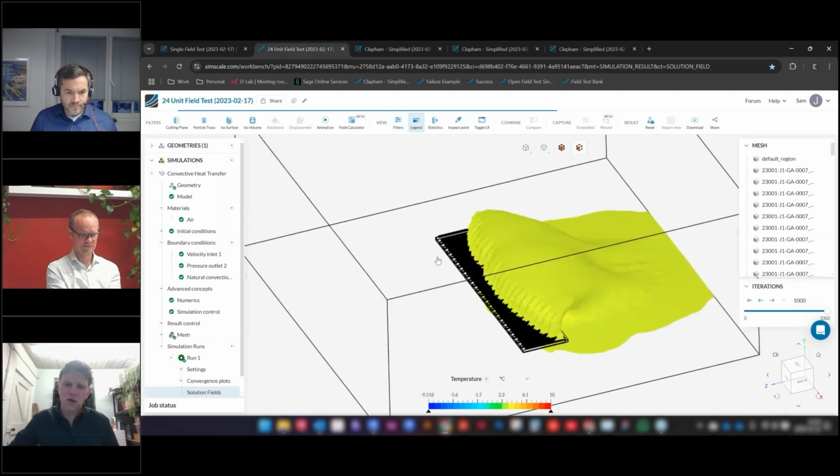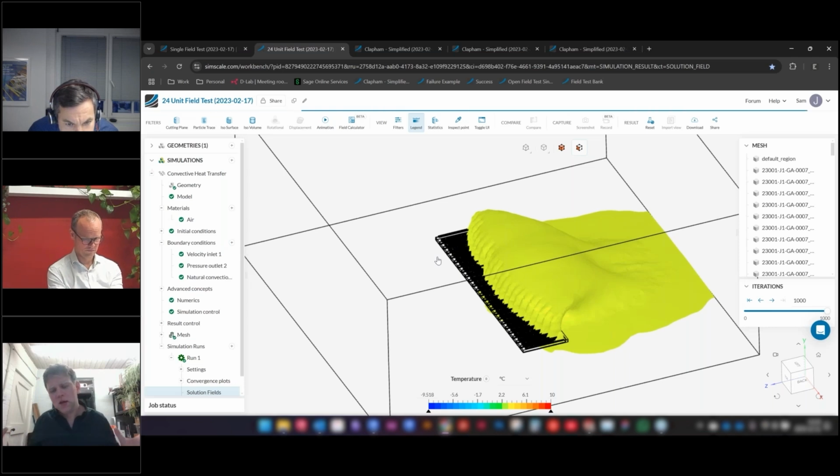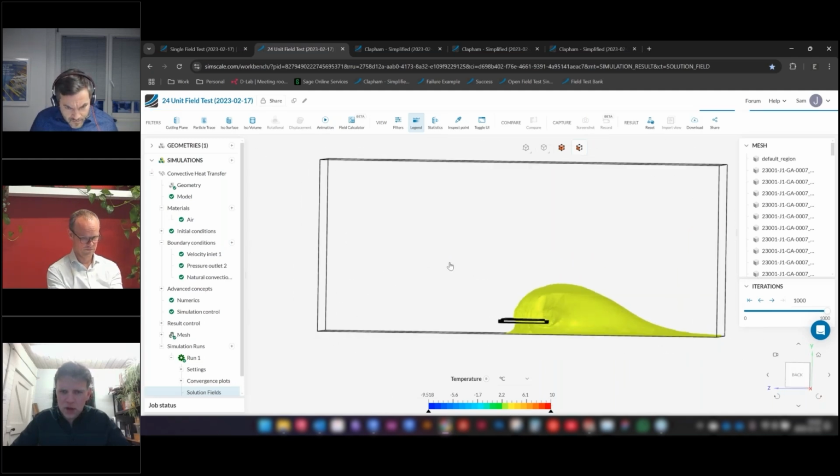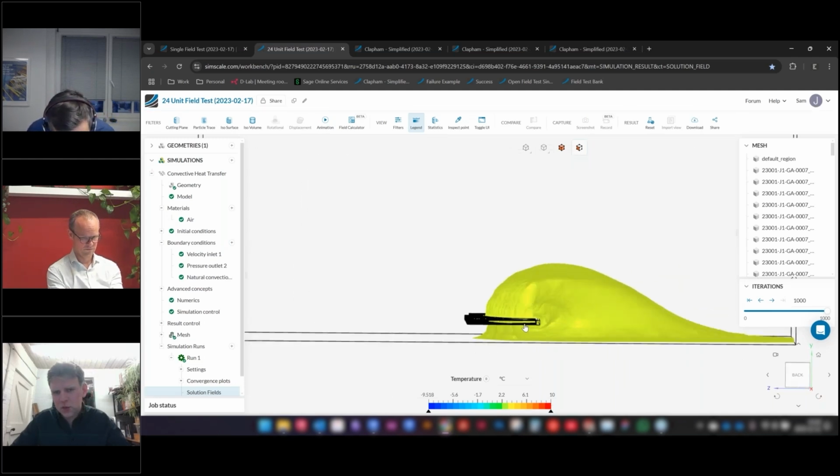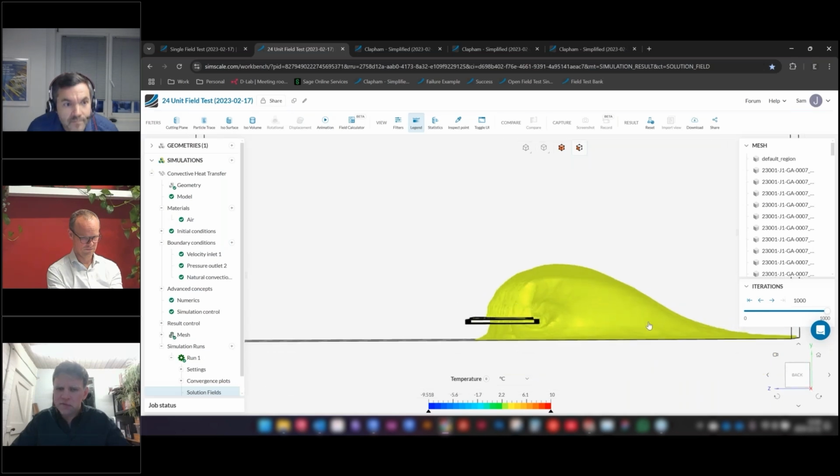One of those next stages is to complete the field test again, but in a much scaled-up manner. So what we've got here is heat exchangers in a large bank, and this is more representative of what we might be seeing at an energy center. And interestingly, what we see here is something that we don't want to happen: we're seeing contamination of the cold air recirculating back into the heat exchanger.